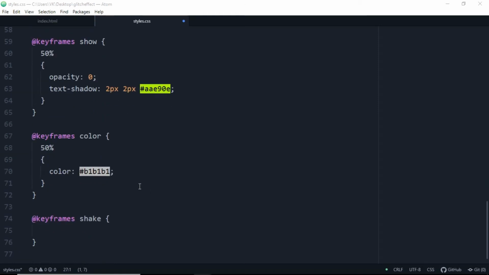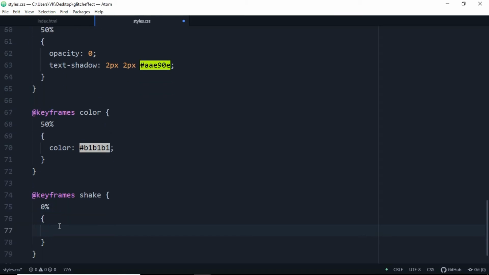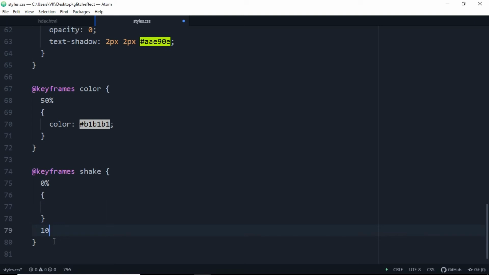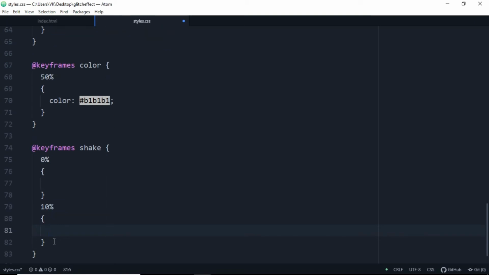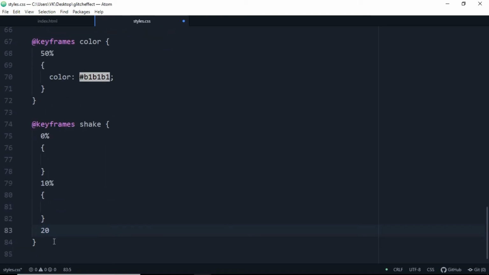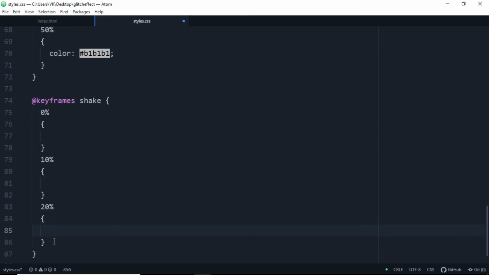And so we have added the keyframe shake here, and at 0%, we're gonna do this up till 100%. So hit enter and add 10%. And so just keep doing up till 100%. It's actually boring, but yeah, that's kind of great.